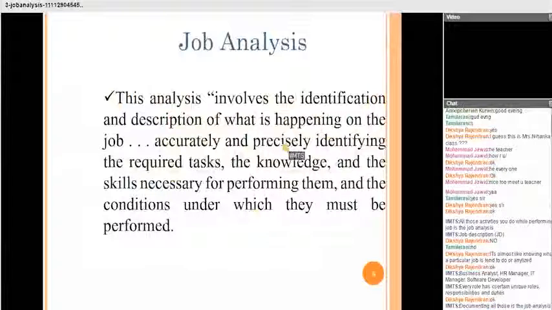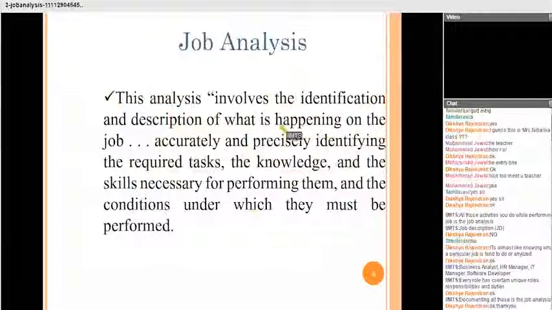So this analysis involves the identification and the description of what is happening on the job accurately and precisely, identifying the required tasks, the knowledge and the skills necessary for performing them, and the conditions under which they must be performed. To ensure that everything is going well within the organization, and everybody is carrying out their roles and responsibilities perfectly, everything needs to be documented, and that documentation must be handed over to the particular employee or